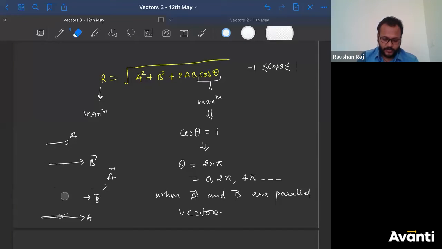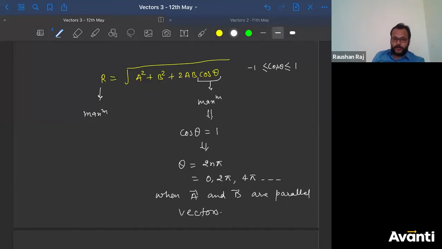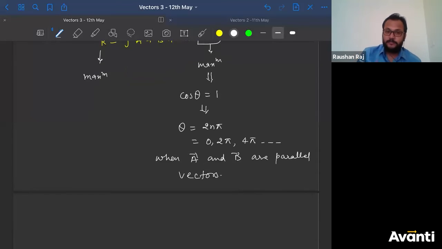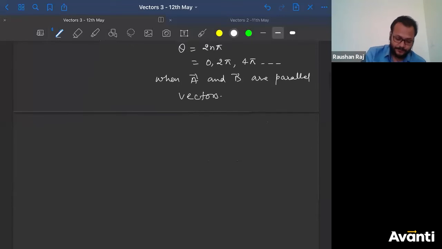Vinod Kumar will talk about these things later. Okay? We will talk about it later, not now. Let's go. So when you are going to get the maximum R, if you want to get the maximum value of R, you have to get parallel vectors. Like A and B have to be parallel vectors. Okay? Let's go. Very good. Now tell me what will be the maximum value?